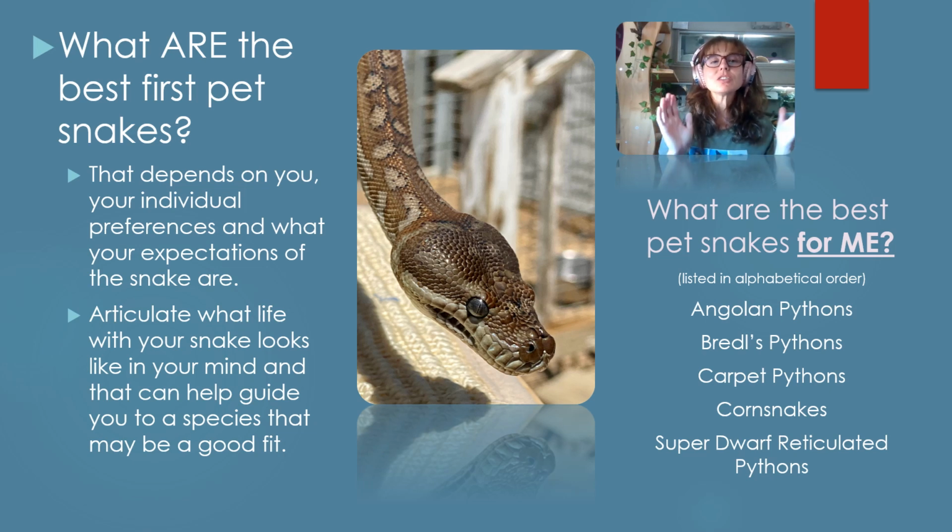What are the best first pet snakes? Well, it depends on you. It totally depends on you, your individual preferences, and what your expectations of the snake are. You need to articulate what life with your snake looks like in your mind, and then that's going to help guide you to a species that's going to be a good